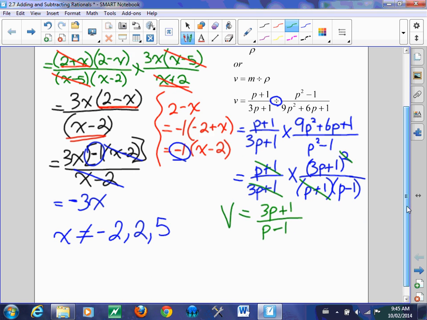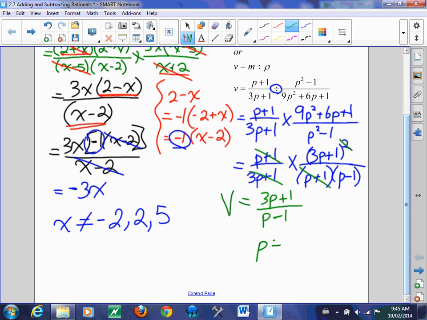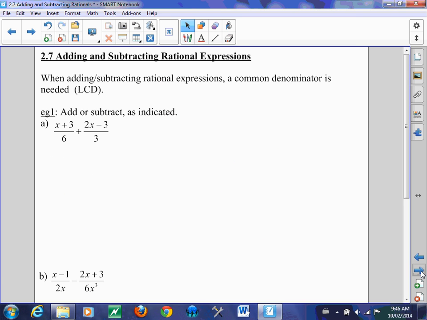And your restrictions are where p cannot be equal to negative 1, negative 1/3, and 1. All right. Great. All right. Ladies and gentlemen, hope you have some patience with you today and lots of paper, because this